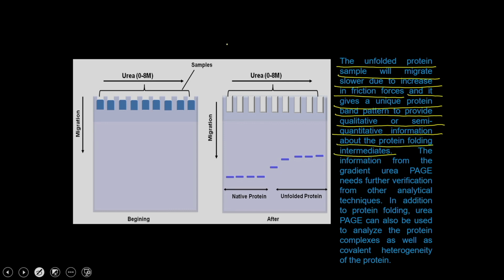So, when the proteins are loaded into these wells and you allow them to migrate, while they are running they are actually getting exposed to different concentrations of urea. You can imagine that up to 4 molar urea, the protein is still maintaining a native structure, so its migration is very fast. But as the protein moves towards 5, 6 and higher concentrations of urea, it starts unfolding, and at this stage the protein gets completely unfolded, because as it unfolds, it is going to experience high frictional forces.